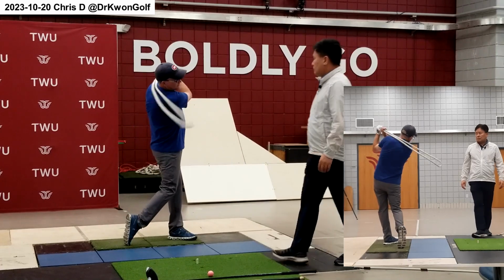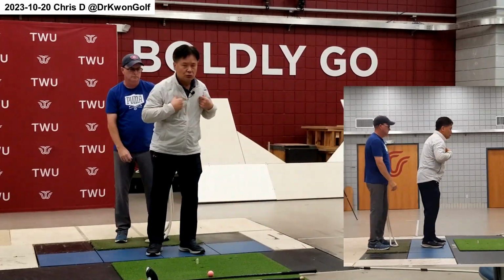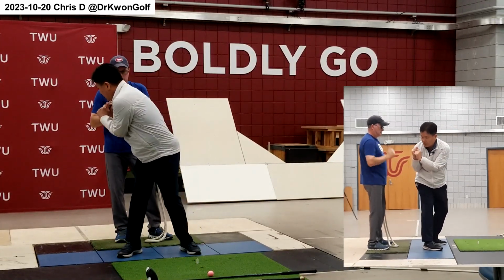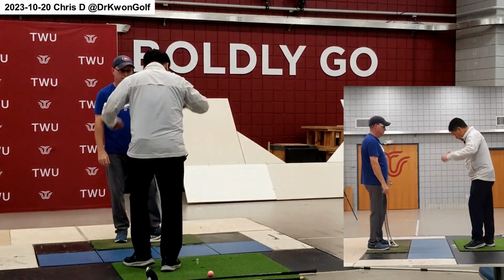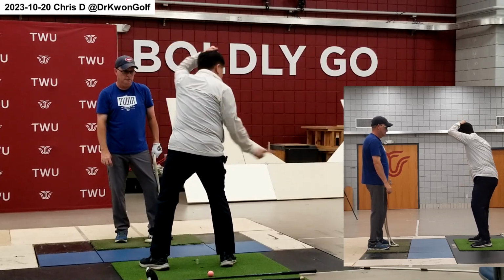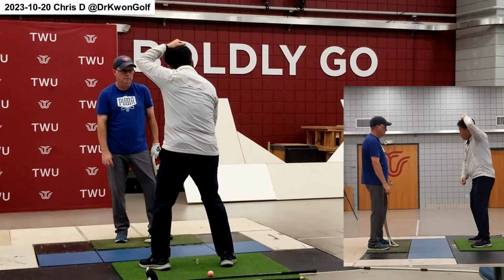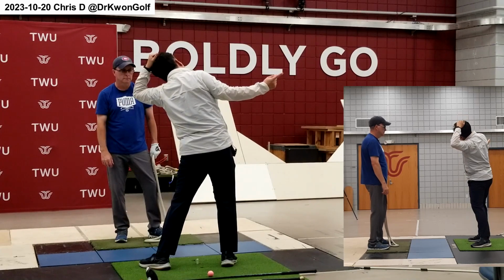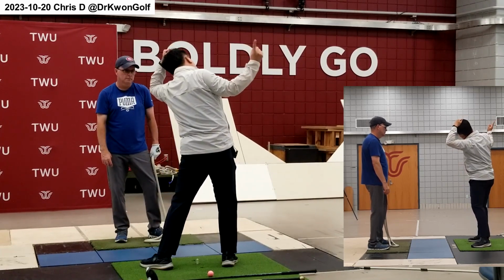In the backswing, you tend to lean away, going to this position here. Instead, have this image: somebody is holding your hair here. When you try to go this way, because your hair is held here, all you can do is go this way. That's what I feel like. You have a little reverse pivot posture here, instead of